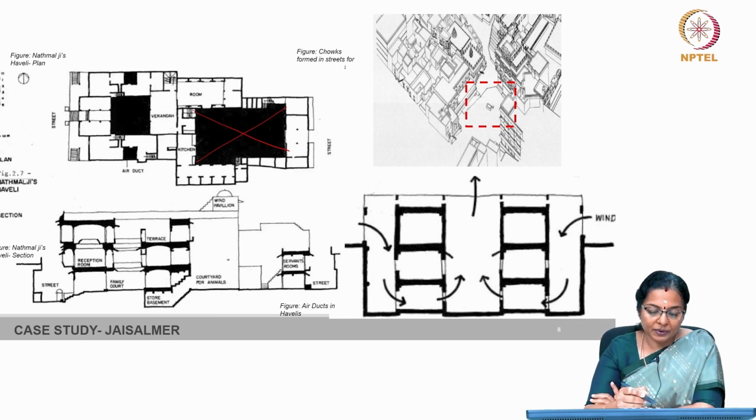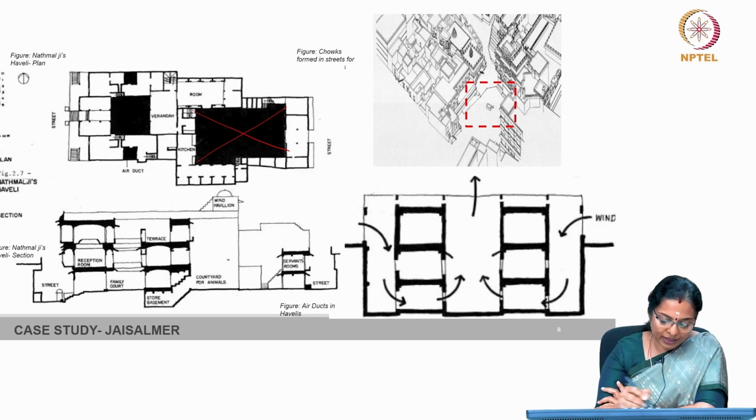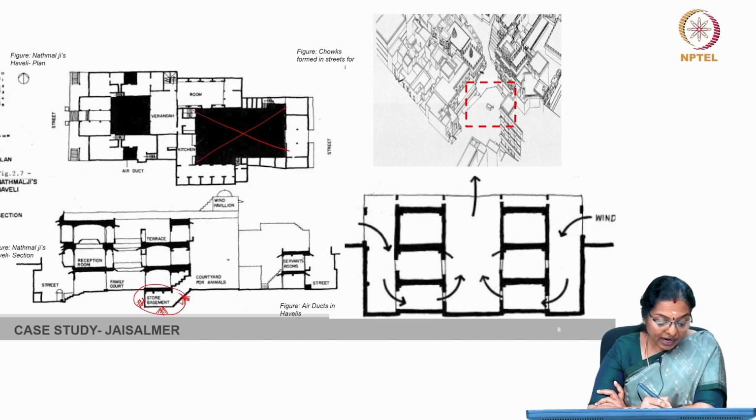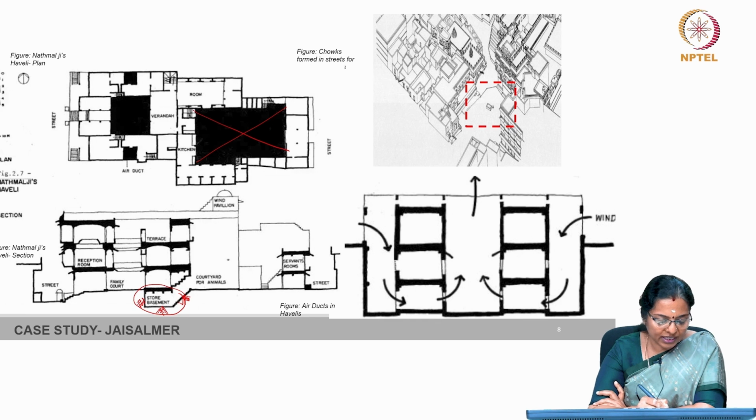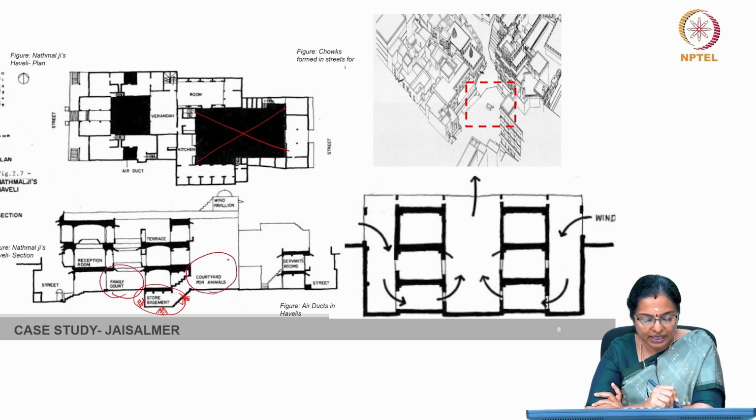So, here you can see we are taking an example of Natmal Ji's Haveli, and you can see the section where you have some subterranean space. Subterranean space means spaces which are below the ground level, and therefore these remain cool. You have courtyards for various purposes. Some of the courtyards are family courtyards, some of the courtyards are used for animals to be tied, or cattle